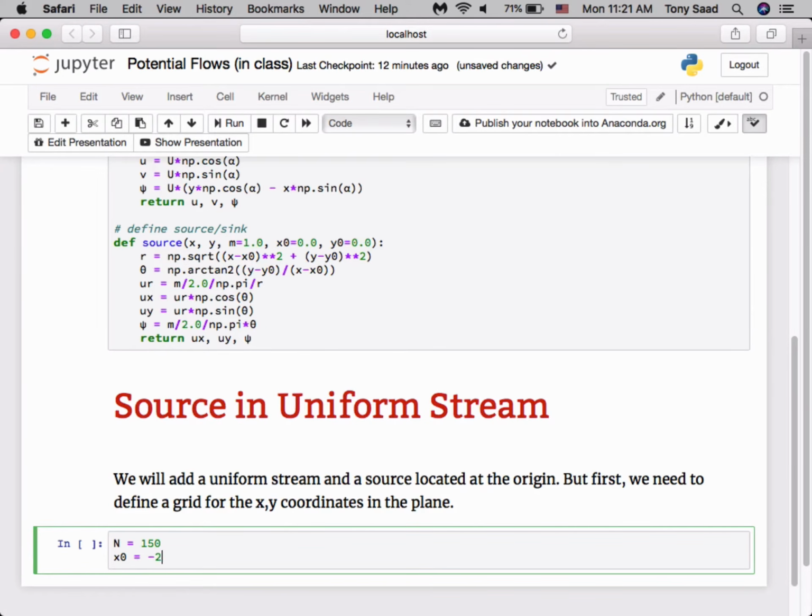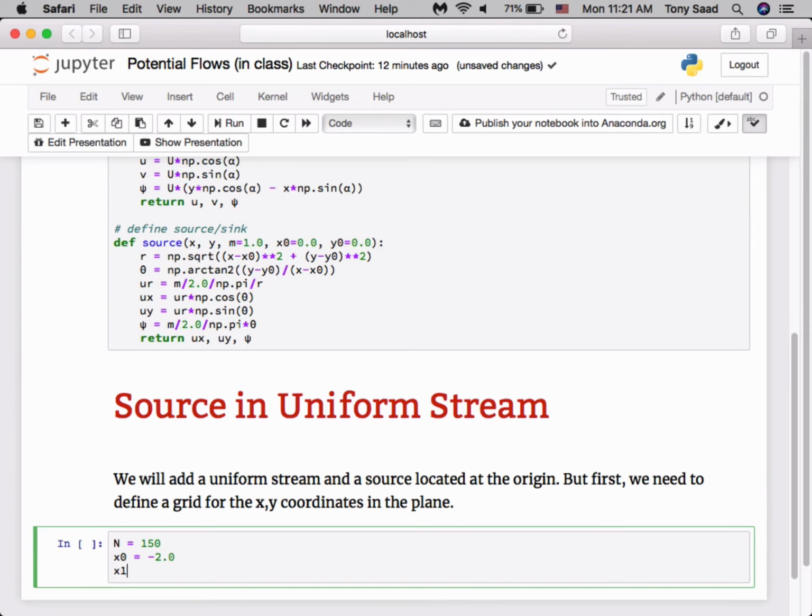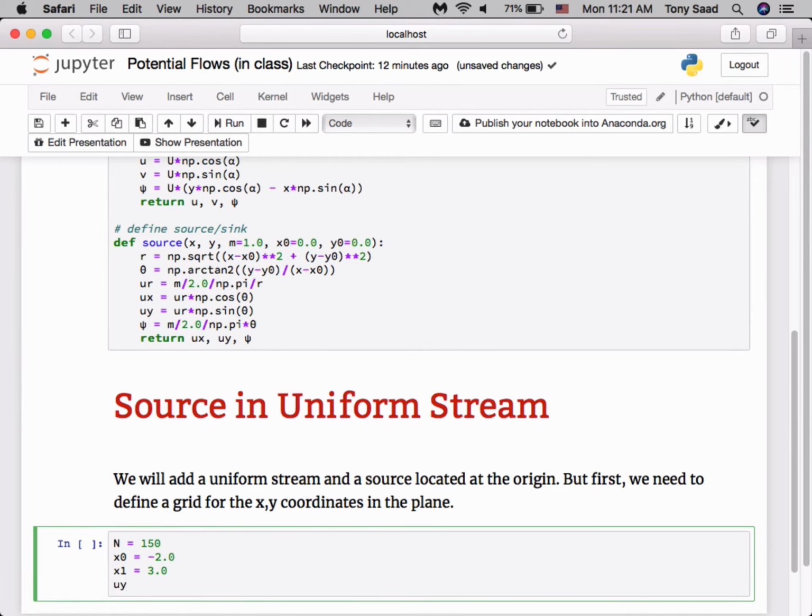We're going to define our plane for plotting from -2, so x0 is -2, x1 is going to be 3, let's say, and y0 is going to be